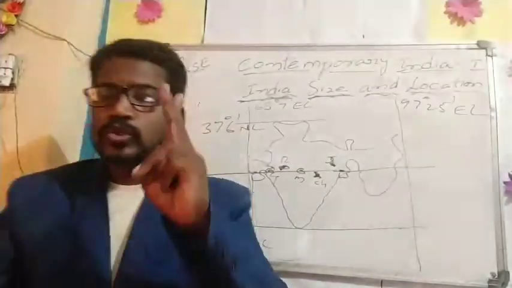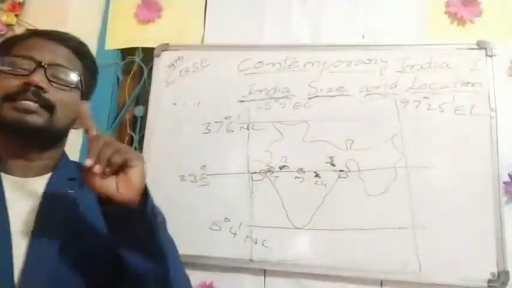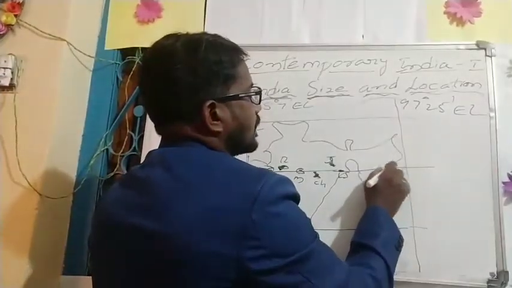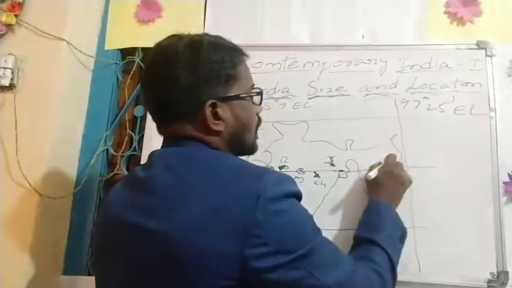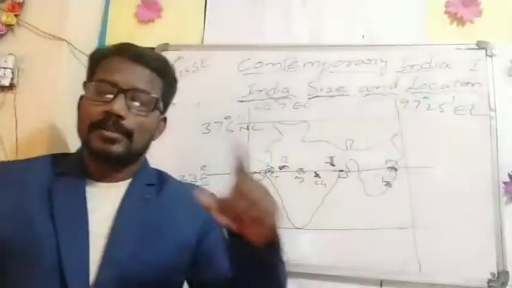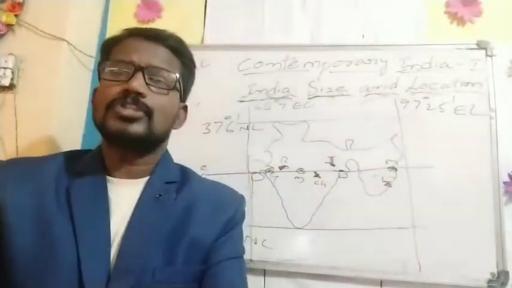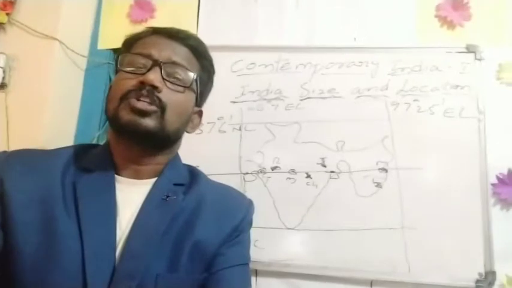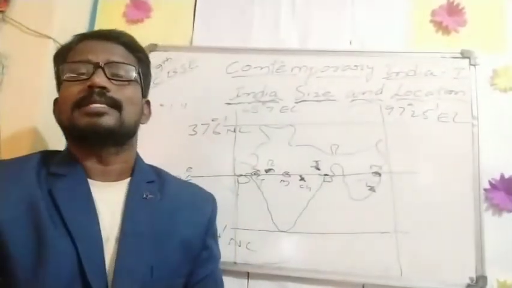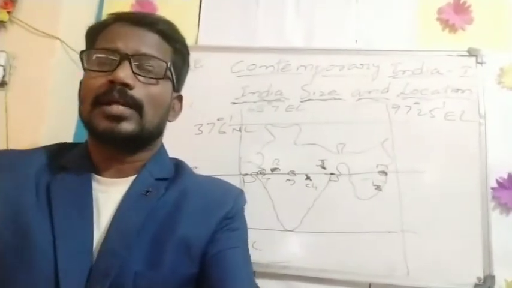And the next 2 states are from the northeastern states. One is Tripura and the second one is Mizoram. Here we have to identify Tripura and here we have to identify Mizoram. Tripura, Mizoram. Okay. So these are the states sharing the Tropic of Cancer in India. Do you understand how many states are sharing the Tropic of Cancer in India? Because the Tropic of Cancer passes through the middle of our country.